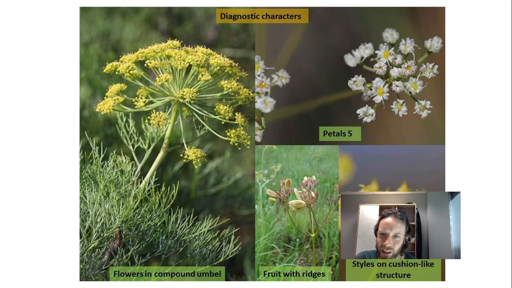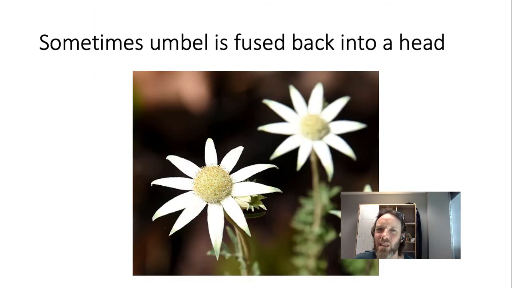And I apologize for this in advance, but as with all things in plants, you have the rule, which is what I just explained to you, and then you have a couple of exceptions. And there's one really common plant around Sydney that is an exception to this rule, and this is the flannel flower. So it looks for all the world like it should be in the Asteraceae, but actually if you get in there and dissect it,